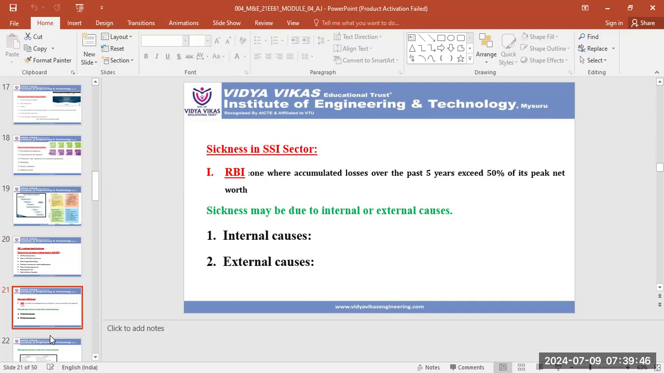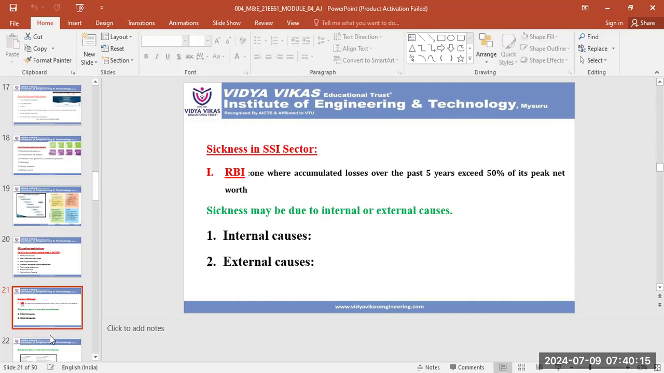Sickness may be due to internal and external causes. Internal causes include issues such as inadequate technical know-how, outdated production process, high break-even point, large investment in fixed assets, wrong estimation of demand, delays in getting licenses, sanctions, finance, poor quality control, inventory management, maintenance, high-wage structure, inefficient handling of labor problems, lack of trained manpower, lack of proper marketing, lack of professionalism, incomplete